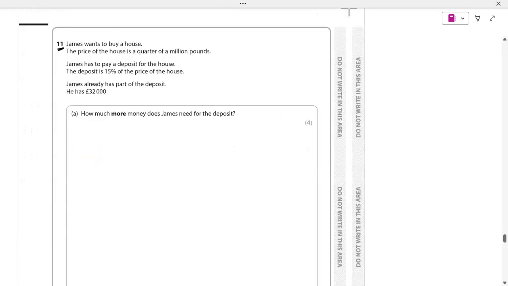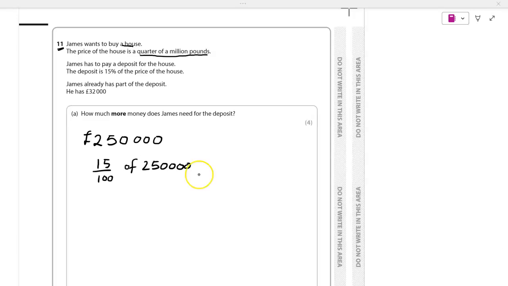Question 11. James wants to buy a house. The price of the house is £250,000. So James has to pay a deposit for the house. The deposit is 15% of the price of the house. So we need to work out 15% of 250,000. If you put this into your calculator, you will get